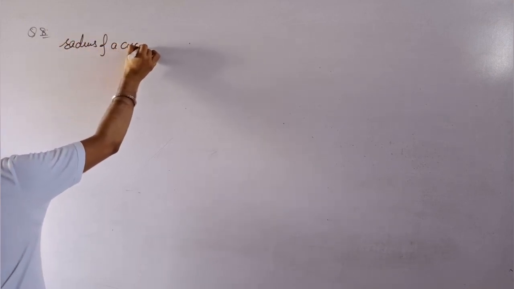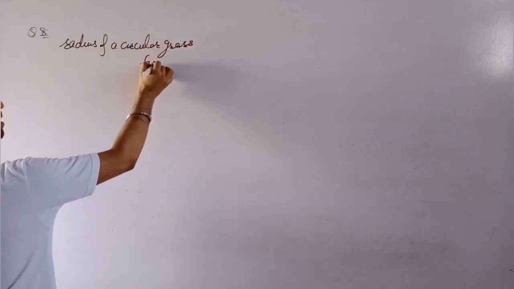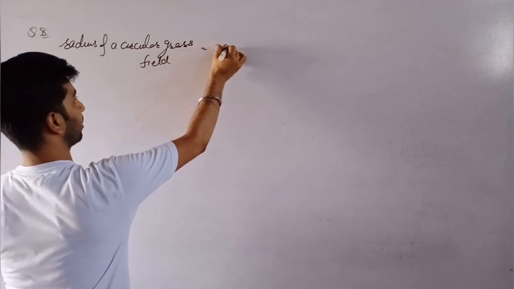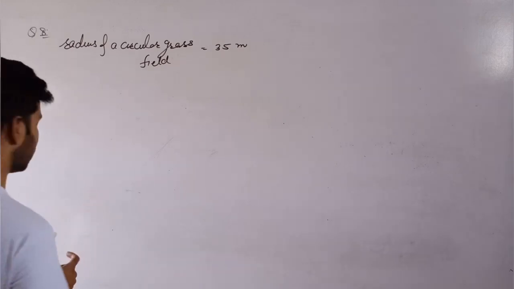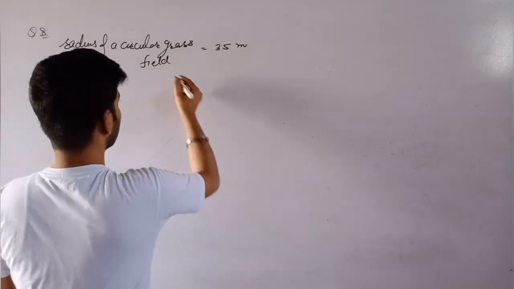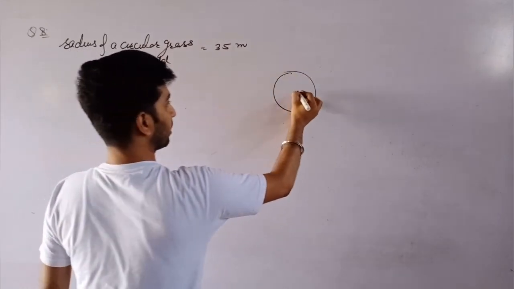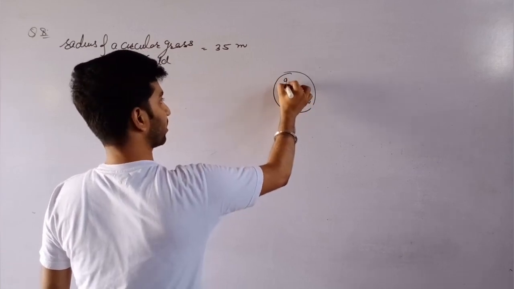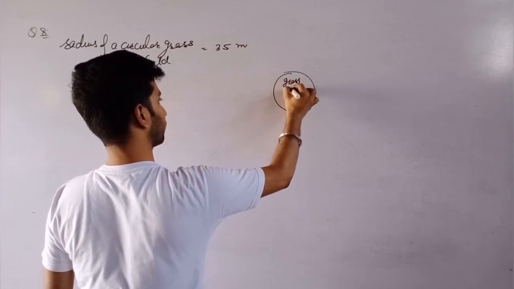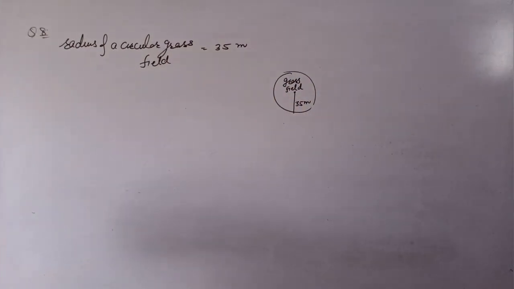Radius of a circular glass field is 35 meter. Here we are drawing a rough diagram to understand the question easily, that it is a circular glass field. Radius is 35 meter. Glass field. In the question it is given that radius of a